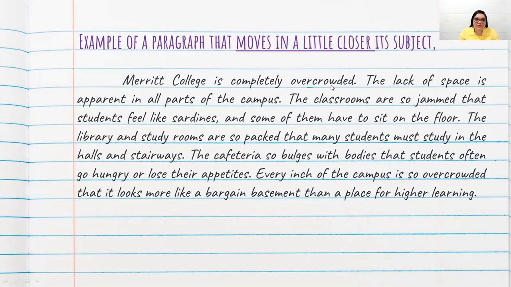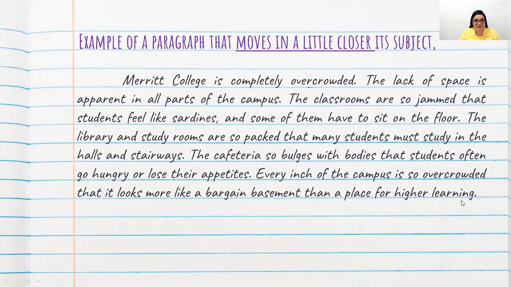Merritt College is completely overcrowded. That's my problem, that the college is too overcrowded. The lack of space is apparent in all the parts of the campus. The classrooms are so jammed that students feel like sardines, and some of them have to sit on the floor. The library and study rooms are so packed that many students must study in the halls and stairways. The cafeteria is so bulged with bodies that students often go hungry or lose their appetites. Every inch of the campus is so overcrowded that it looks more like a bargain basement than a place for